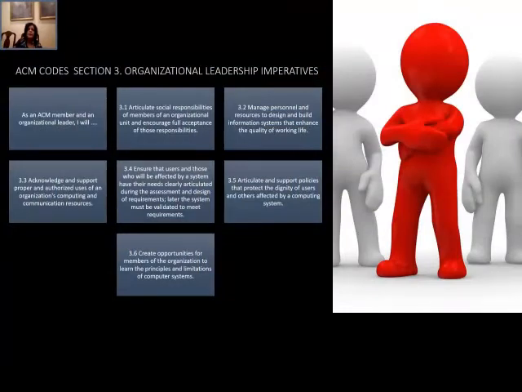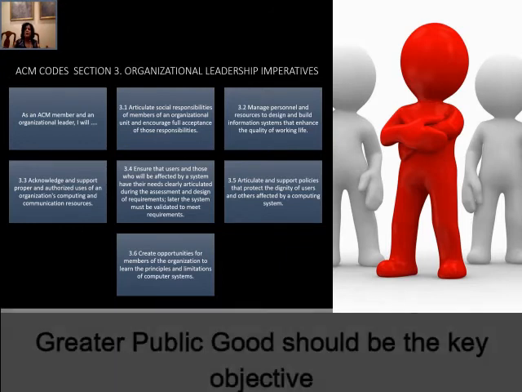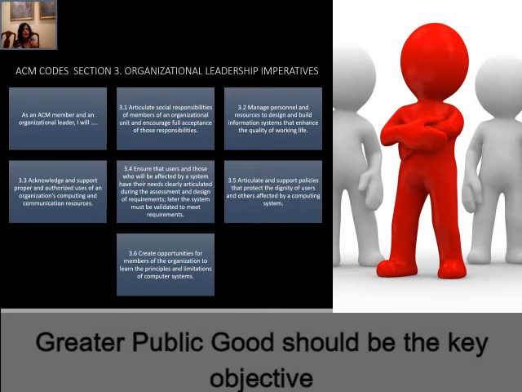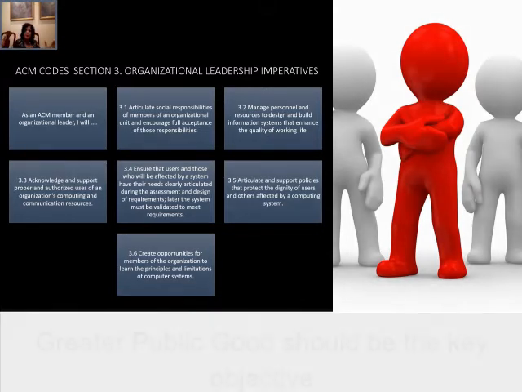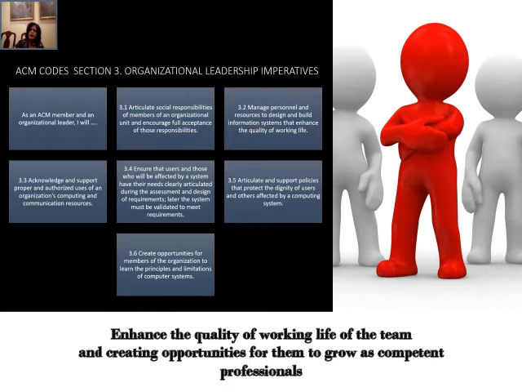Section 3 of the ACM Code comprises professional leadership standards. These principles guide individuals who have a leadership role in the organization. Examples of the principles mentioned in this section ensure that the public good is the central concern during all professional computing work. Leadership is expected to manage resources to enhance the quality of working life of the employees and